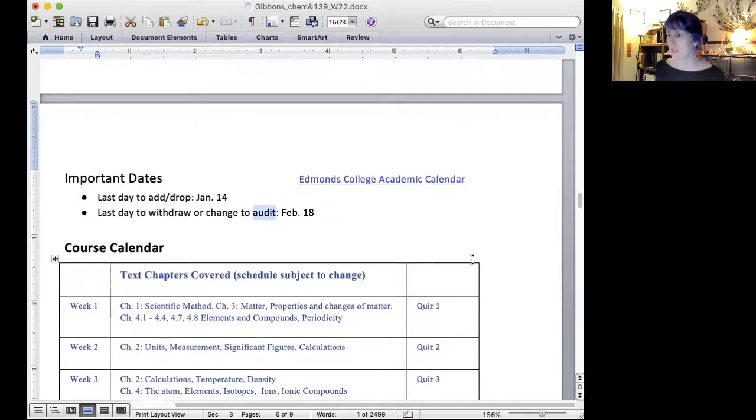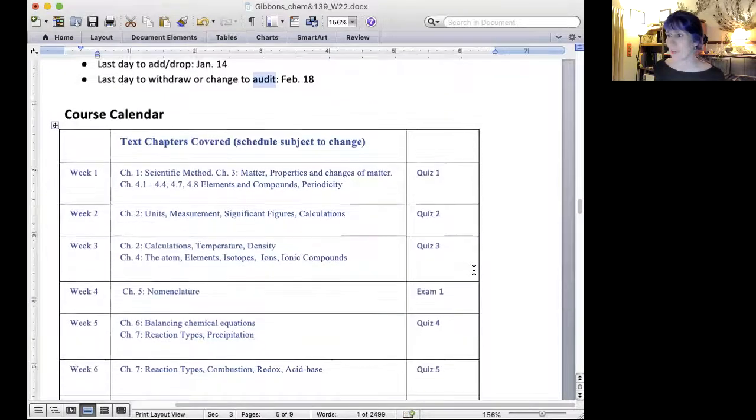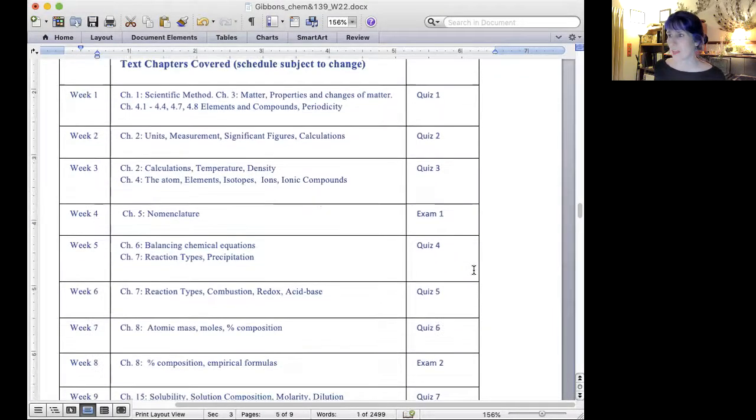Now here is our planned schedule, and it might change. For example, it's a bit front-loaded. We have a lot of content at the beginning, and it's a little more sparse towards the end, which is really nice because then your other classes can have a little more attention. It's not like chemistry is number one all the time. But I may change things up. We'll see how it works.